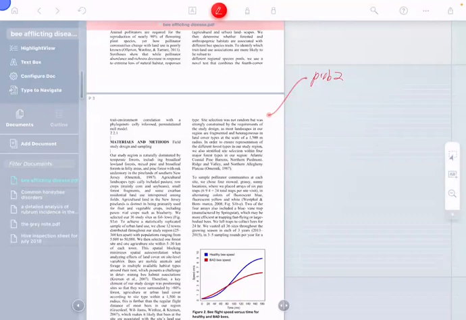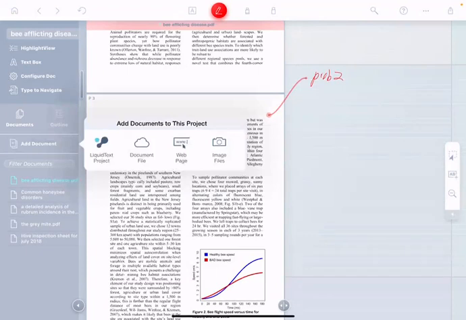We're hoping to get our Zotero integration out in probably under 2 weeks. Mendeley, maybe about another week or so after that. Right now, when you want to import documents, you go to add documents, you have a few options. You're going to have another one here, reference manager. You click Zotero or Mendeley, you select the documents that you want, and it pulls them right into LiquidText along with their metadata. And then after you've annotated the documents, when you close the project, it'll send those annotations right back to Zotero or Mendeley.